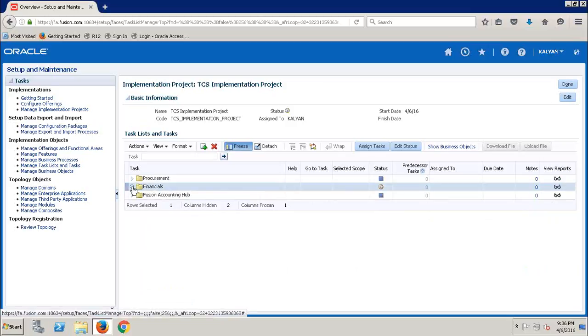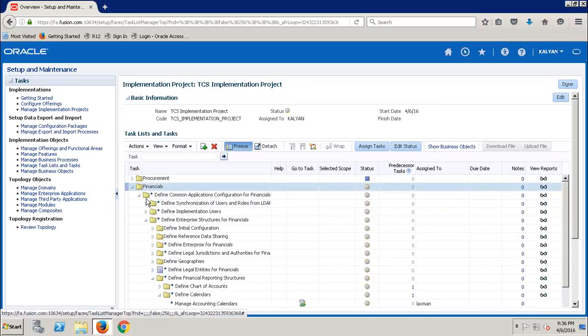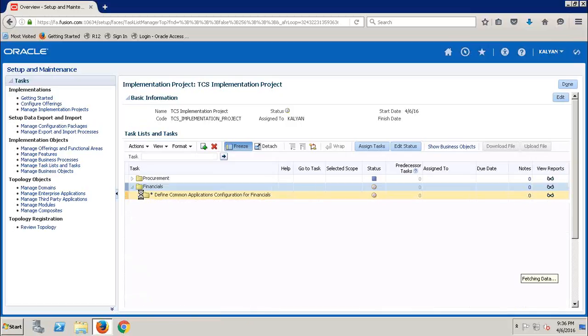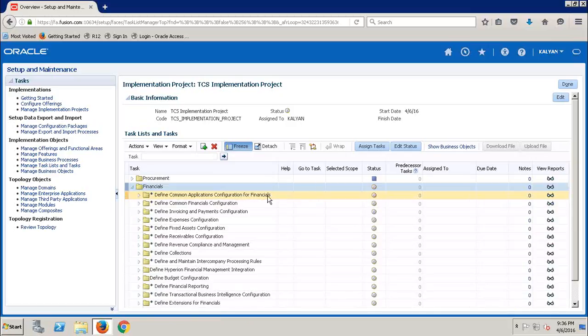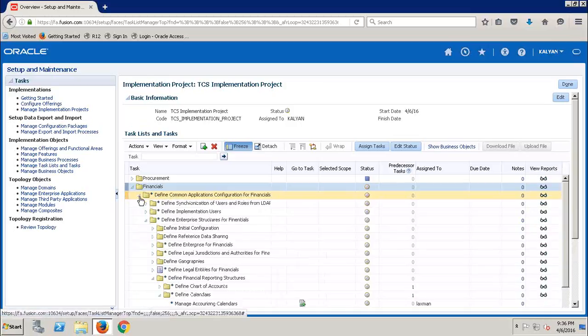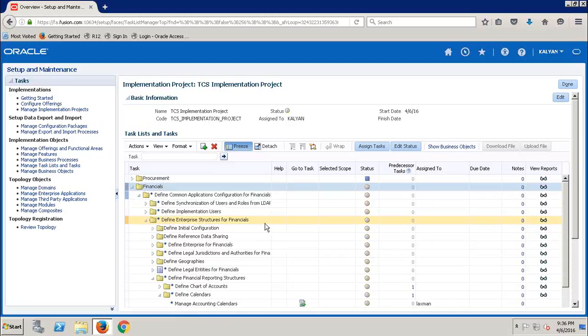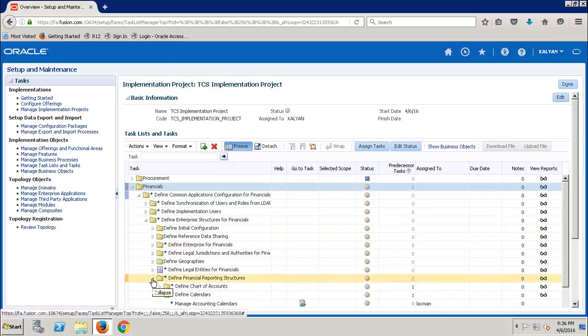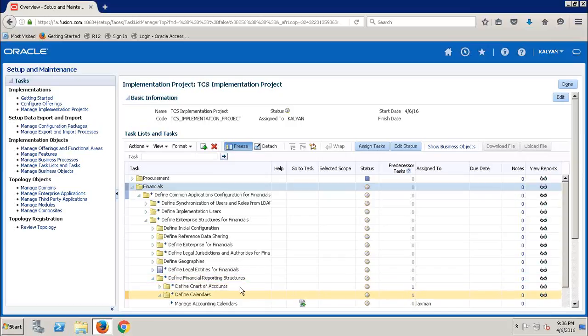Let's expand financials. Then we have to select define common application configuration. Within this system shown navigation, we have to select define enterprise structure for financials. Again under this, you have to expand define financial reporting structure. Here you have to click on define calendars. There we have a task called